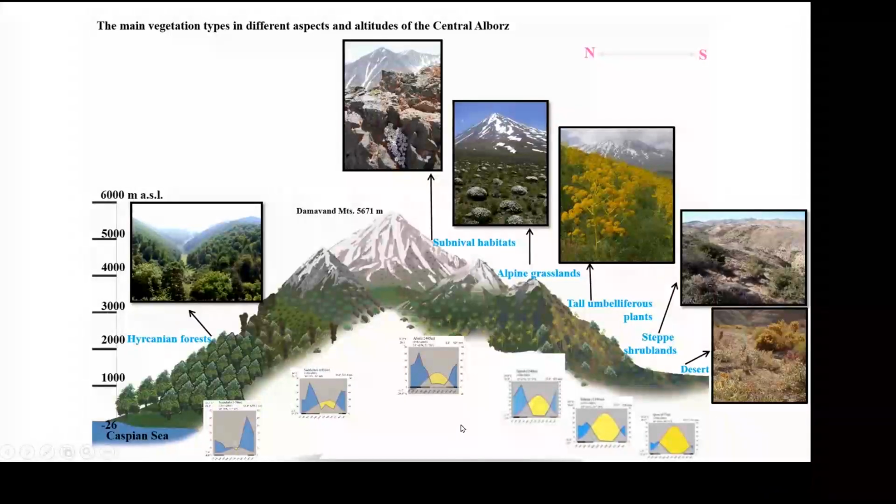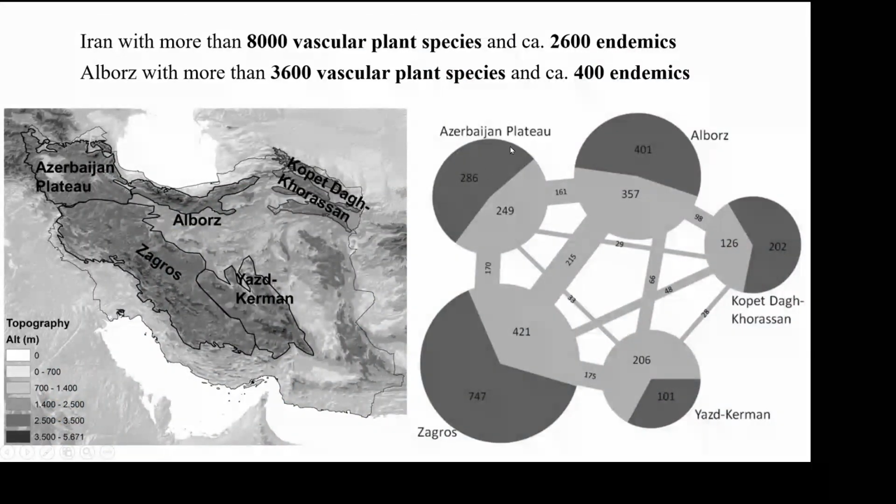Heterogeneous climate and topography resulted in different vegetation types in different aspects and elevations. In the northern slopes, because of high precipitation, we have Hyrcanian deciduous forests. In southern slopes, lowlands, we have dried habitats, deserts, semi-desert habitats, and then at a bit higher elevations, subalpine umbelliferous vegetation types, alpine and subnival vegetation types. Such a heterogeneous environment and habitats resulted in very diverse flora and biodiversity, especially a high amount of endemic species in this